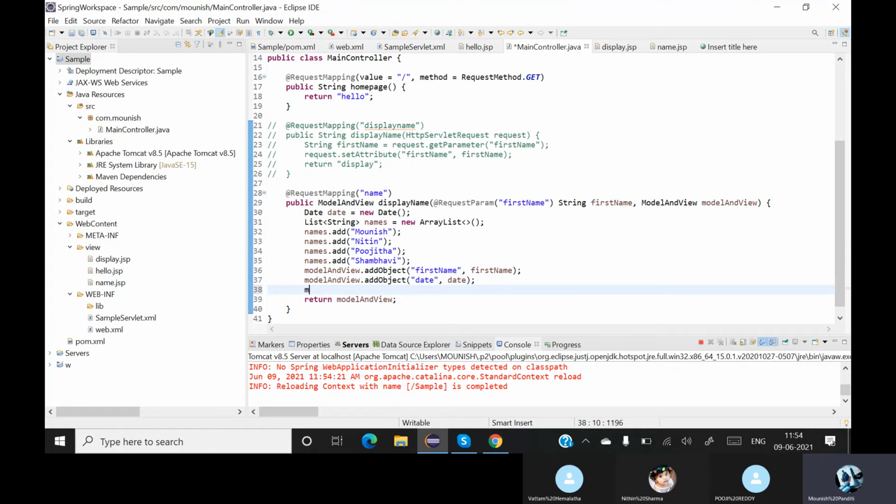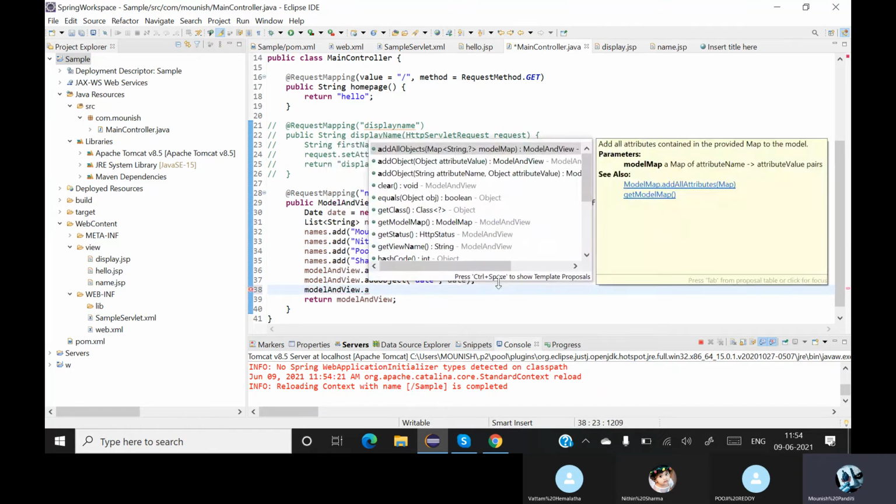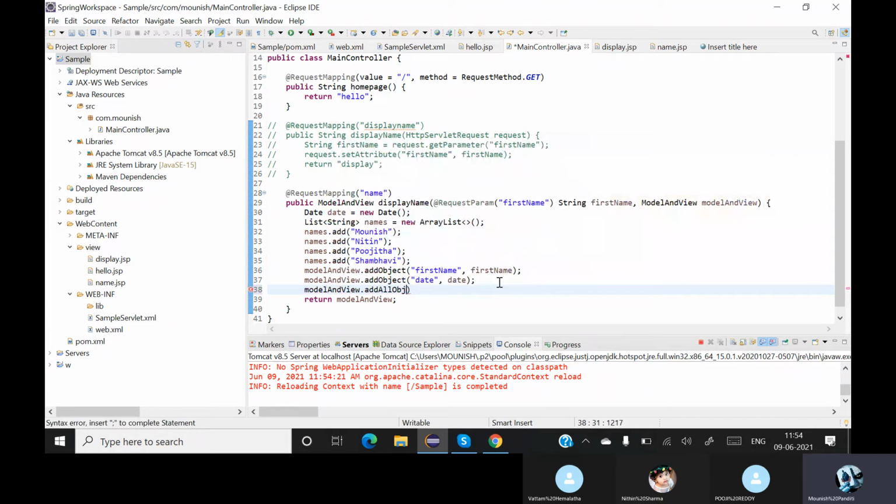Once the list has been added, we will create an object. Let us say add, not all objects, it will be addObject names. Put it as names, comma names.